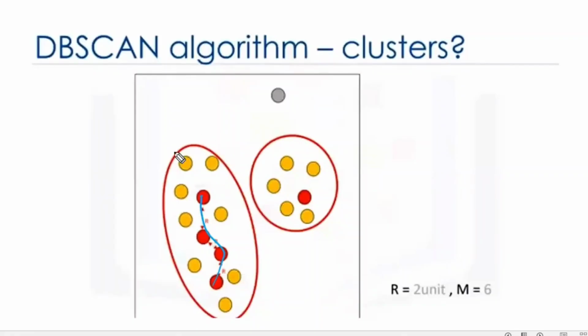So whichever core points and border points are there, it attaches them. For this core point, whatever borders it is sharing, these are the borders it is sharing. So it attaches all the border points of that core point. Like this, it combines the core points and finally makes the cluster.